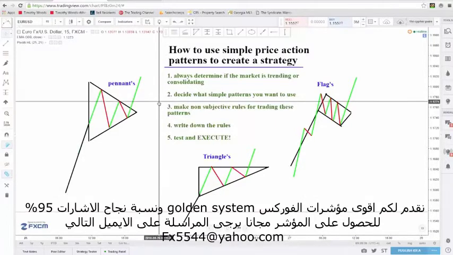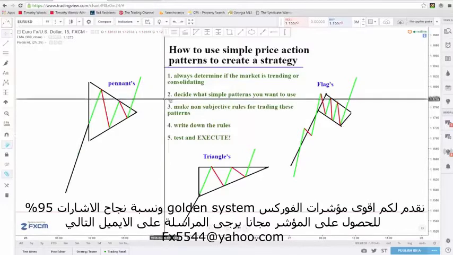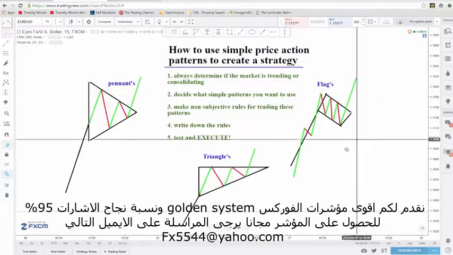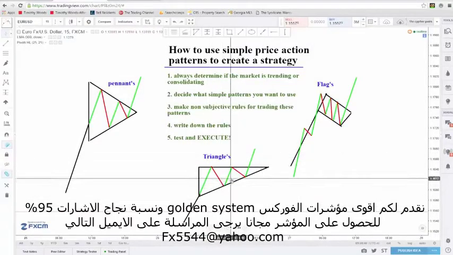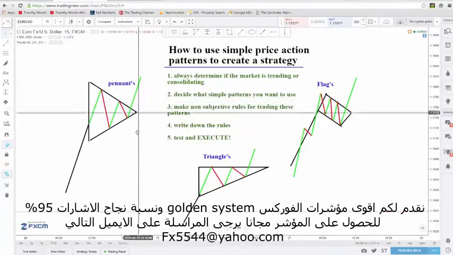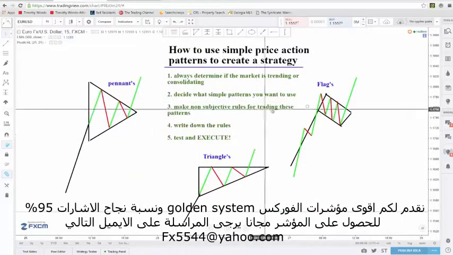So now that you have that information in hand, the next step would be to decide what simple patterns you want to use. Do you want to just trade flags, or would you like to trade flags and ascending and descending triangles and pennants? So figure that out, and once you have that decision made, make some non-subjective rules for trading these patterns,